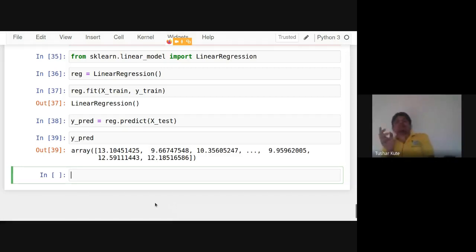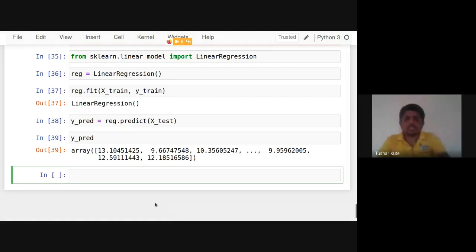But to measure the performance of regression, we do not have categories. That's why the confusion matrix will not help us. We have some measures like mean squared error, mean absolute error, and R2 score. They are used. R2 score shows the result in percentage format, actually. Let's see that. From sklearn.metrics import mean_absolute_error.